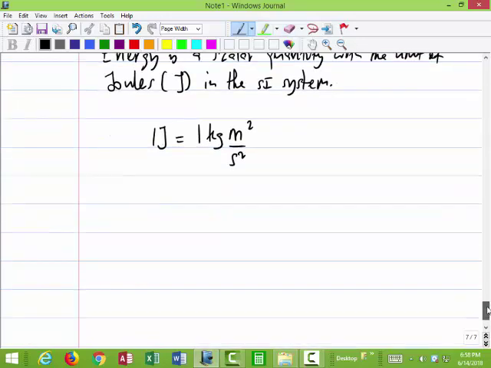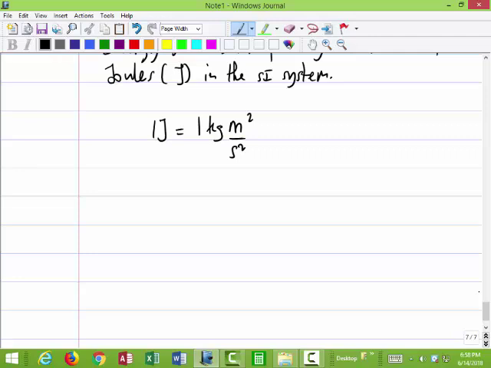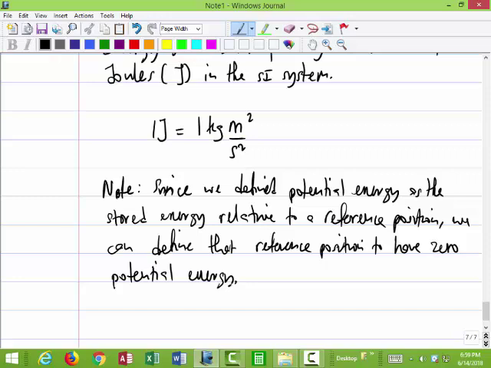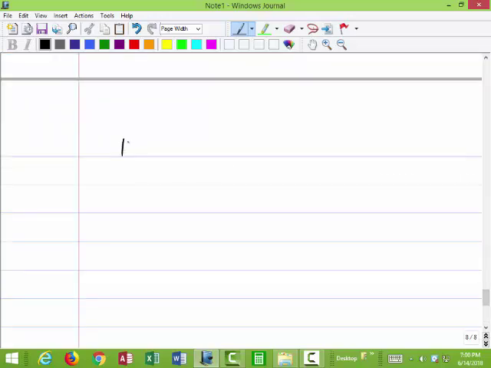Let's look next at defining the zero of potential energy. Note that since we mentioned that potential energy is an object's energy relative to a reference point, we can take that reference point to be zero potential energy. We shall use this concept of a reference potential energy or zero potential energy in the next section when we take a closer look at gravitational potential energy. So this is section 10.3,